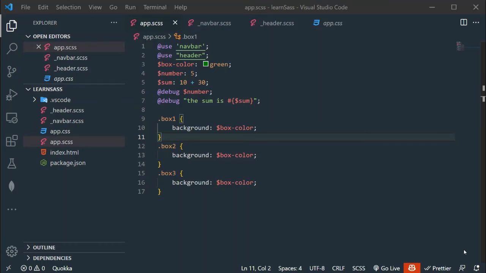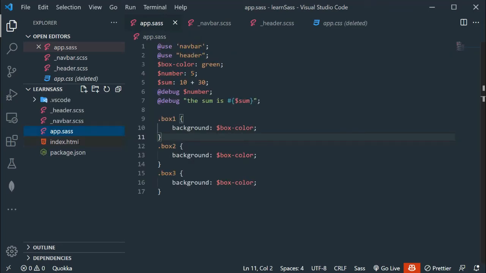In this video we are going to talk about what is the basic difference between SASS and SCSS. For all files I have used the SCSS extension. Let's say I want to rename this file app.scss. So let me rename it and we have to add app.sass. Instead of SCSS we have to use the SASS extension.